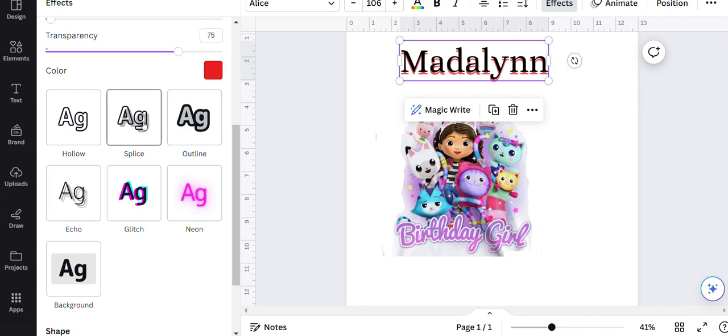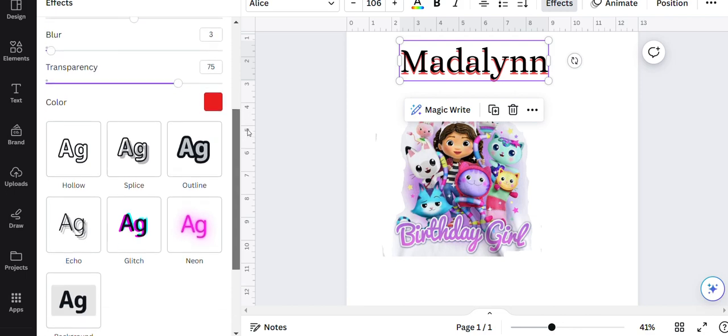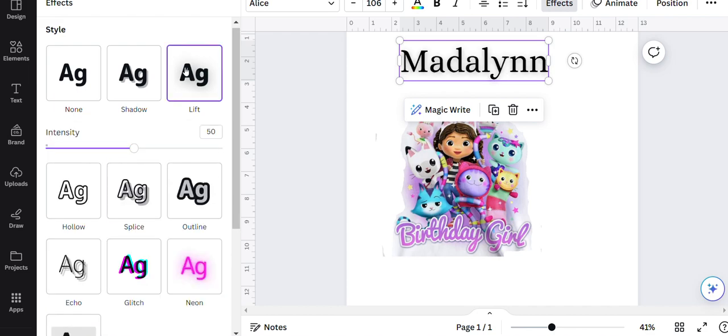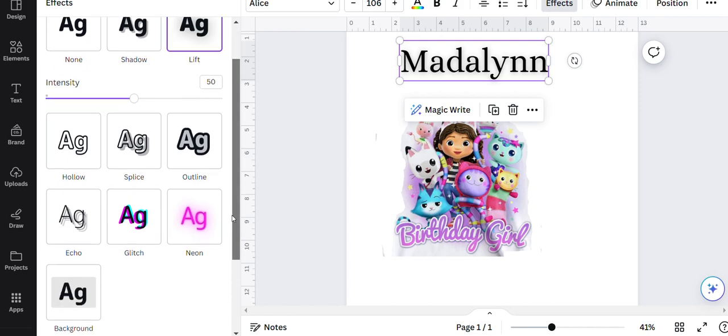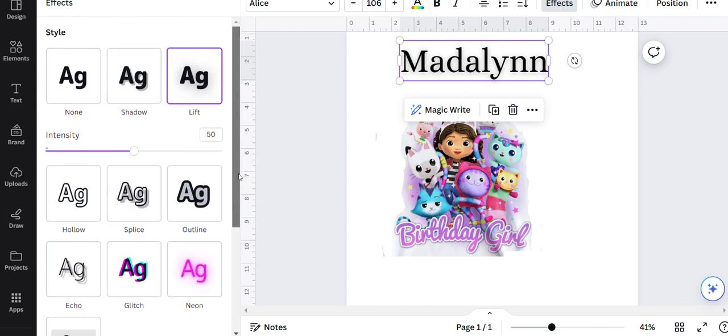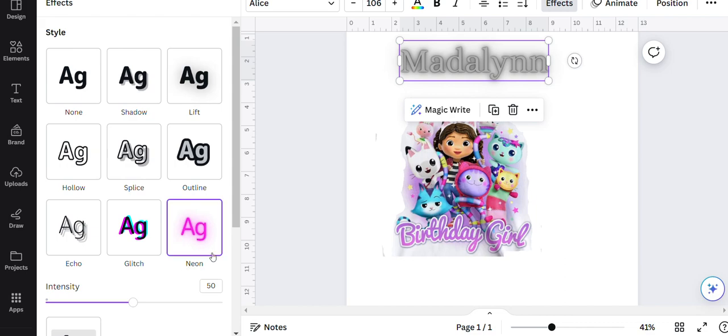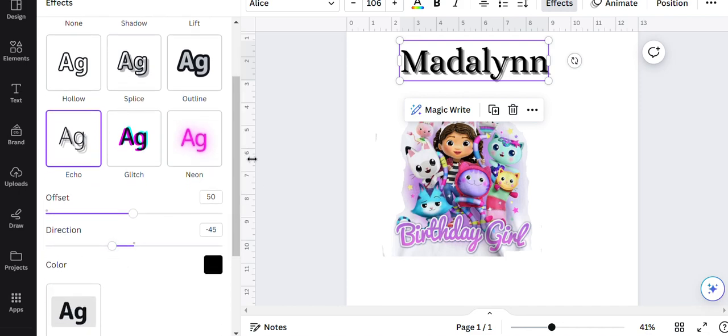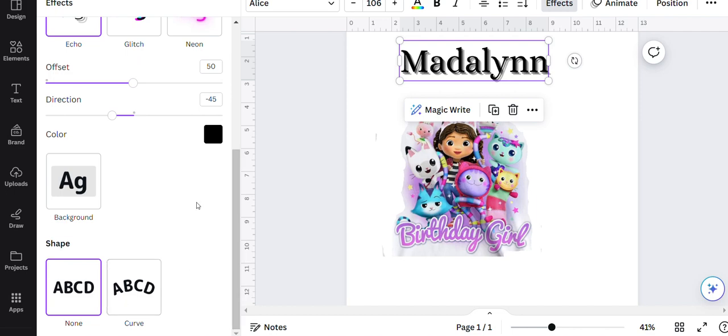So we did, let's see. And here's some more. You just have to play around with this. Lift, that's pretty cool. Now I have actually used the, if I can find it, glow or neon a lot and put it in a neon color, and sometimes it turns out really nice on some of the football jerseys that some of the kids want done. You just play with it, you go offset direction, and then move on down